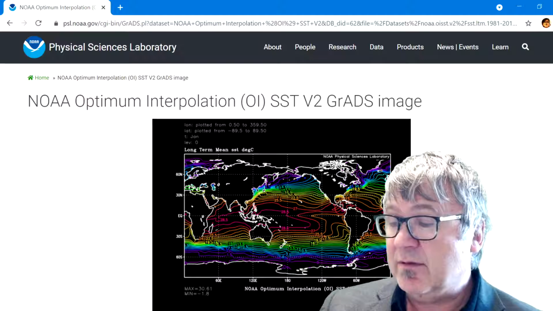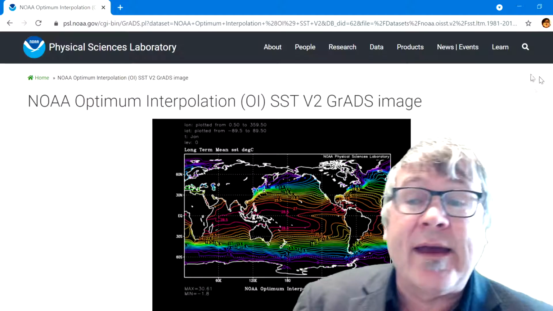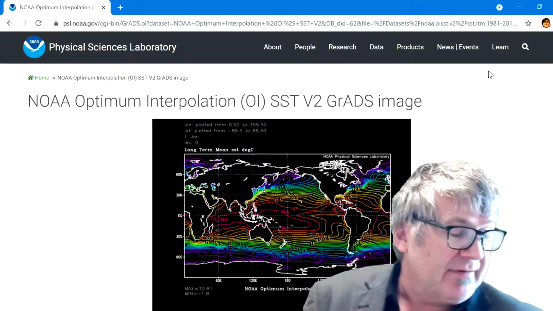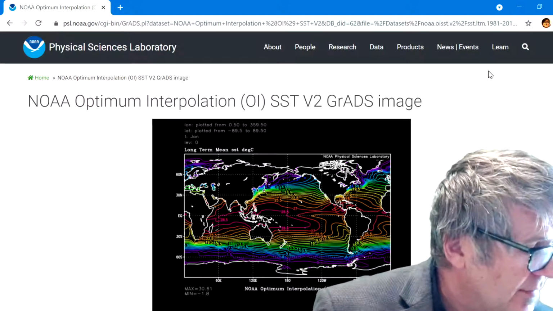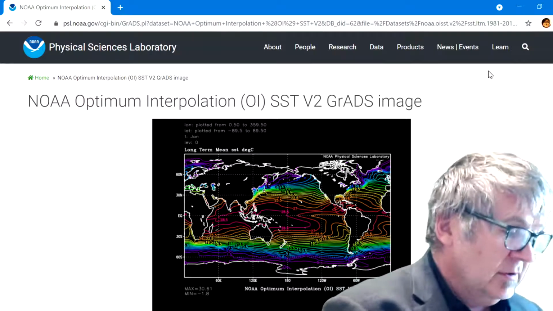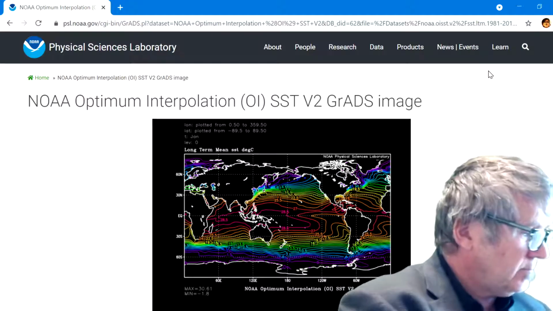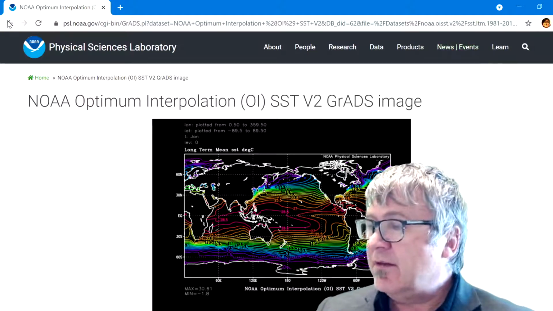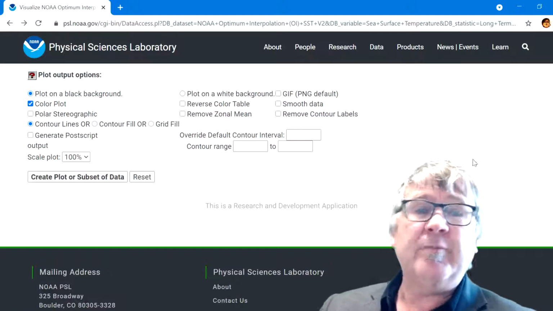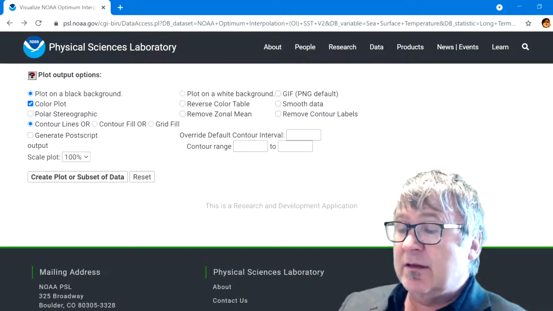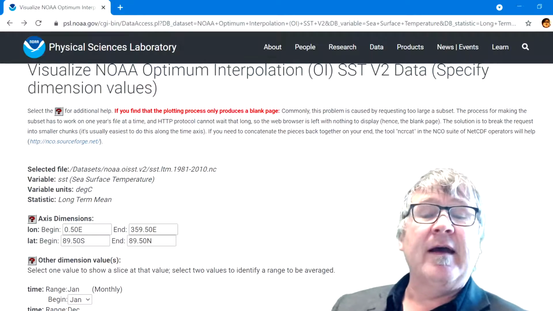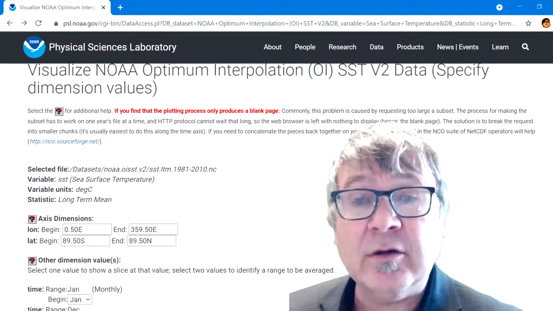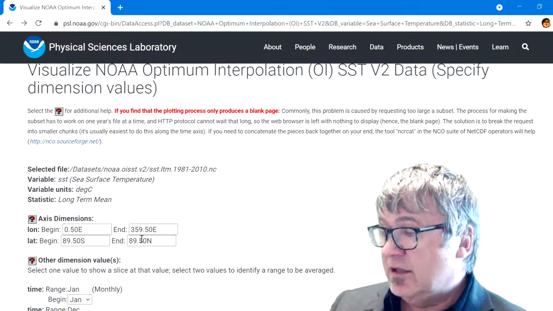Okay, so all right, so now let's go back and we refine it a little bit, make it a little bit better. Go back, just the back button, go back, and we refine it a little bit. So the first thing that you should do is you specify the dimensions. Okay, latitude and longitude ranges. Here you can see you can change the